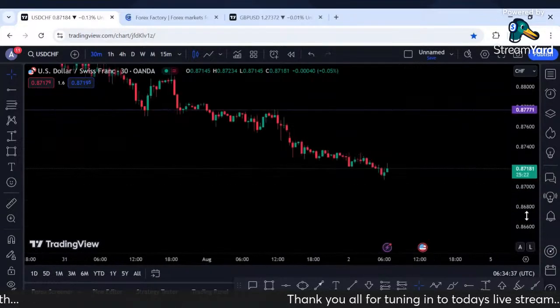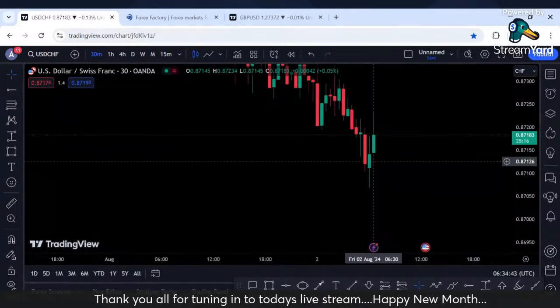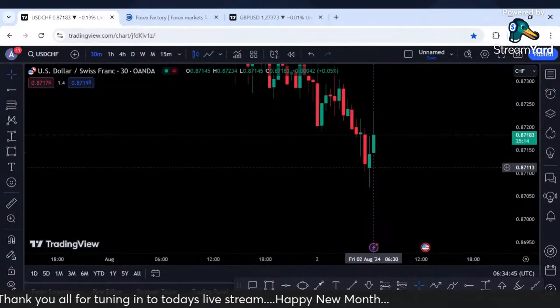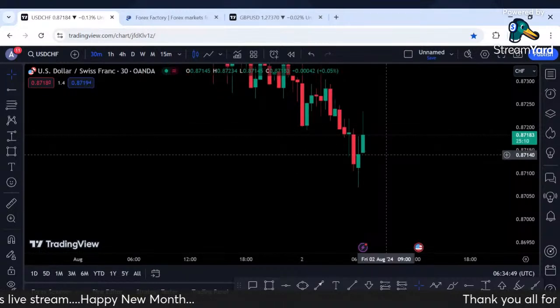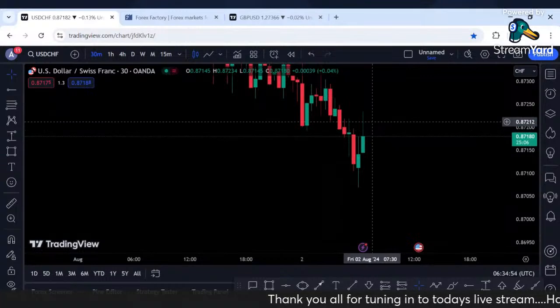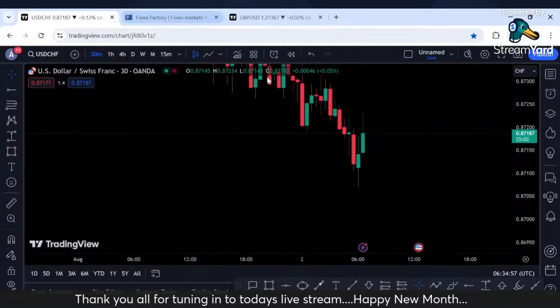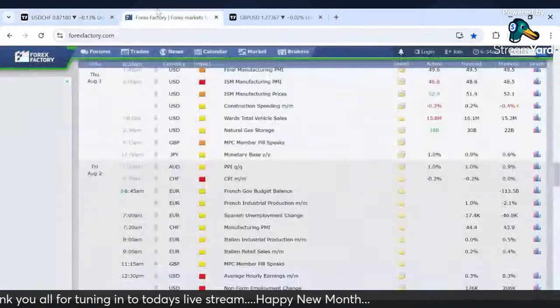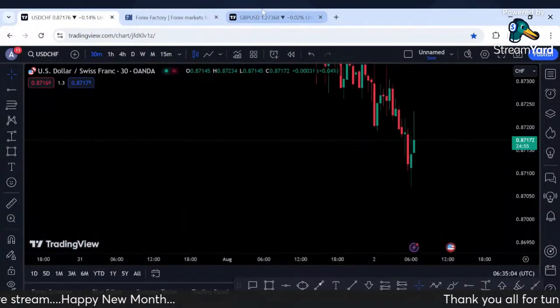So you see what happened. Now this candle is going to wick down. Okay, it's going to wick down. It happens to be the Swiss franc became weak, and now it is going up because of what? When the data releases are the same as compared to the previous month, what will happen is